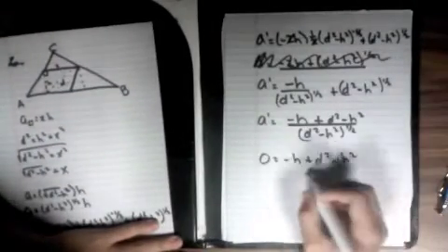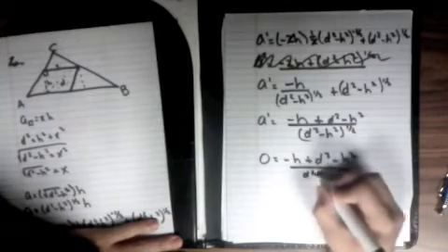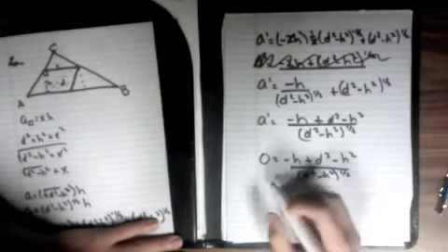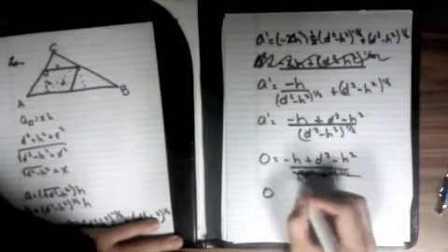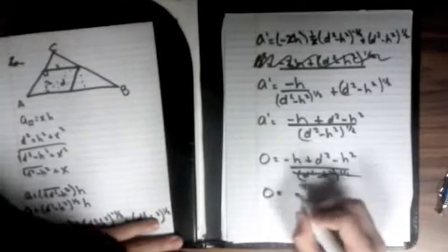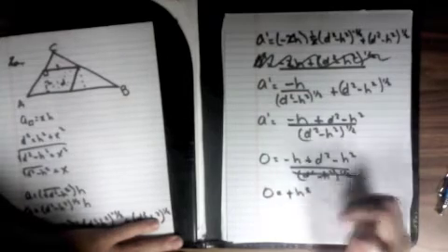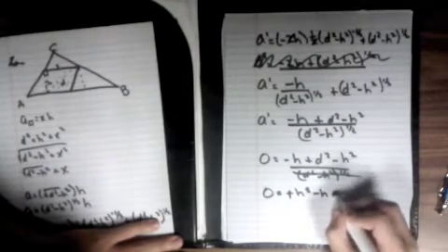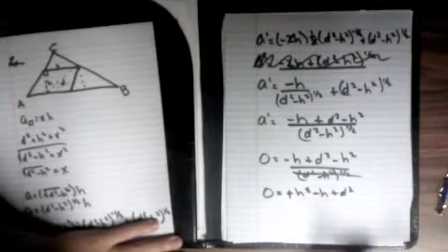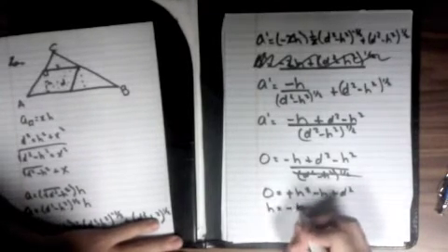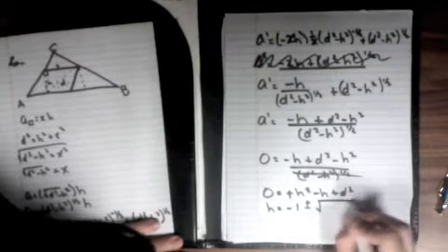And this over d squared minus h squared to the 1/2. So this would be eliminated. You multiply this here, and it's 0. So negative h, oh wait, let's just put that h squared, we're putting them in order, minus h plus d squared. So if we solve for h using the quadratic formula, we have negative 1 plus minus the square root